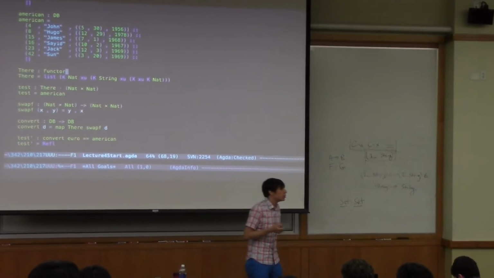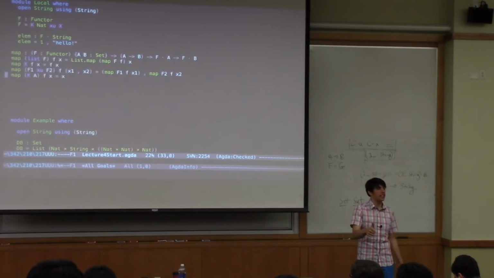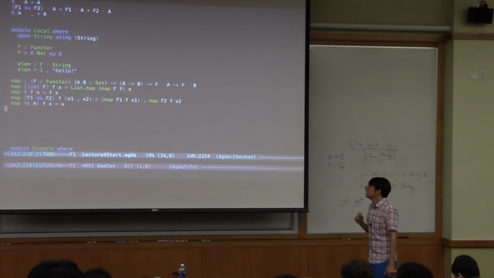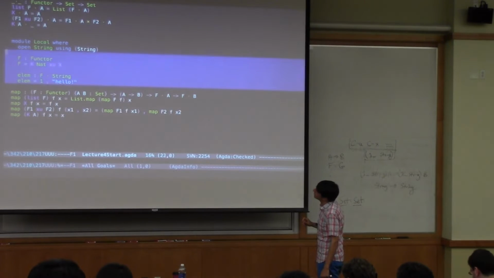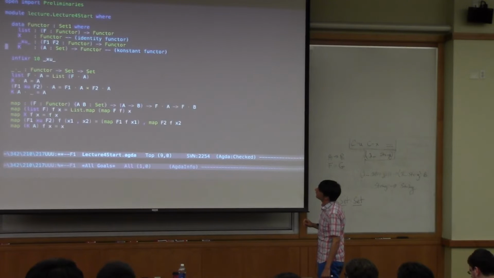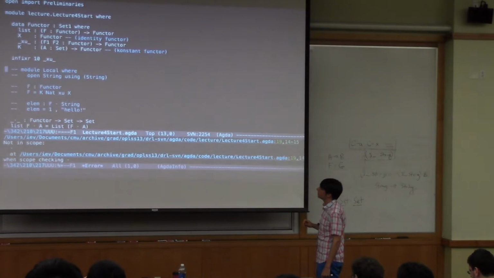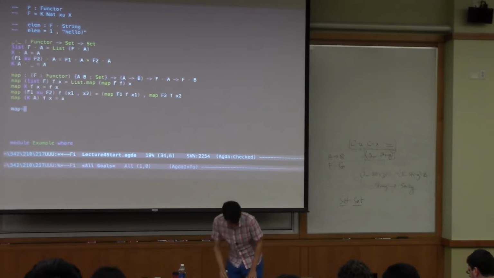Okay? So let's prove the properties of map that we would expect to hold, right? So remember I said that map is supposed to preserve identity functions and compositions. Okay? So let's do a proof. Just comment it out. We don't need it. Okay, great. Okay, so let's do a proof called map, I think for time, let's just do one of